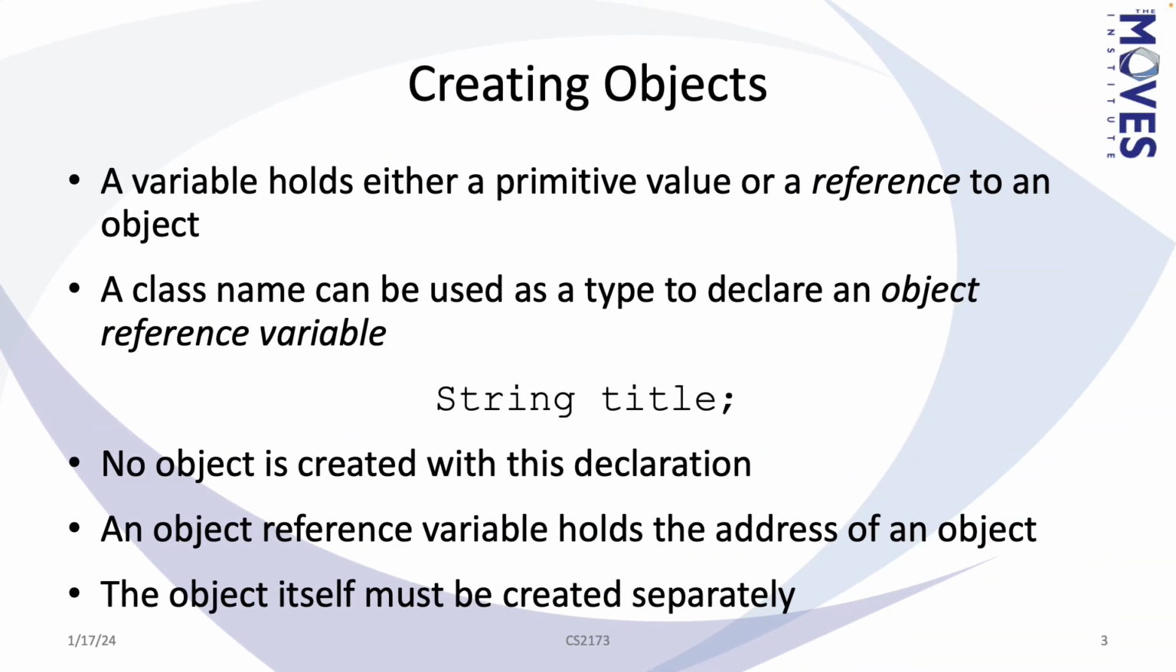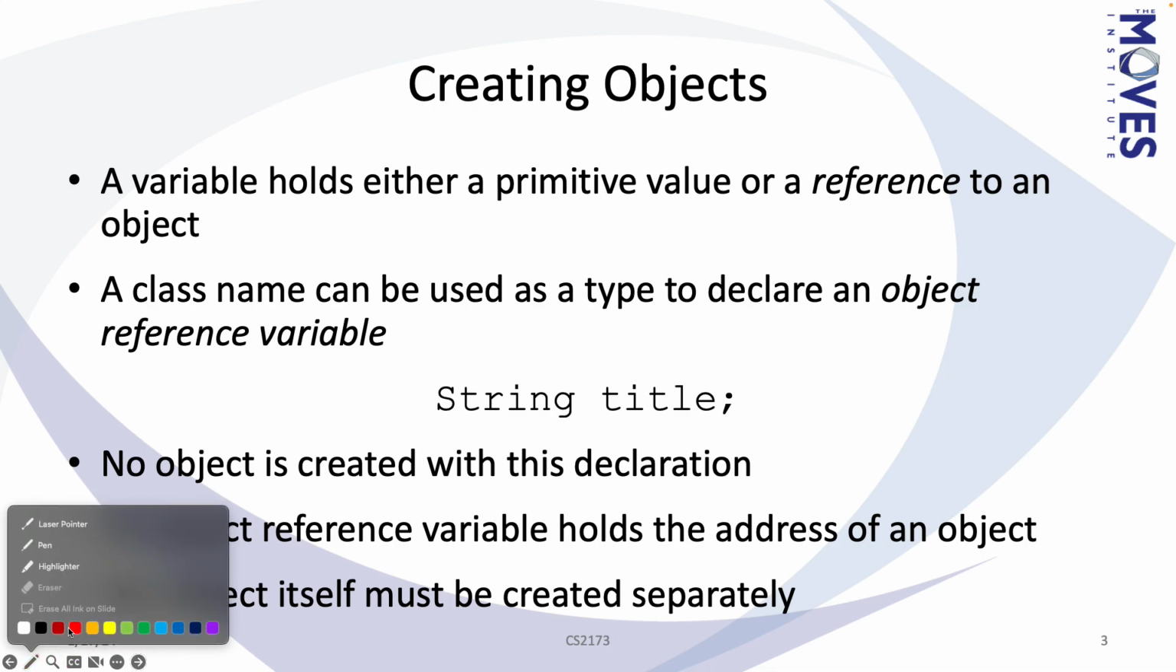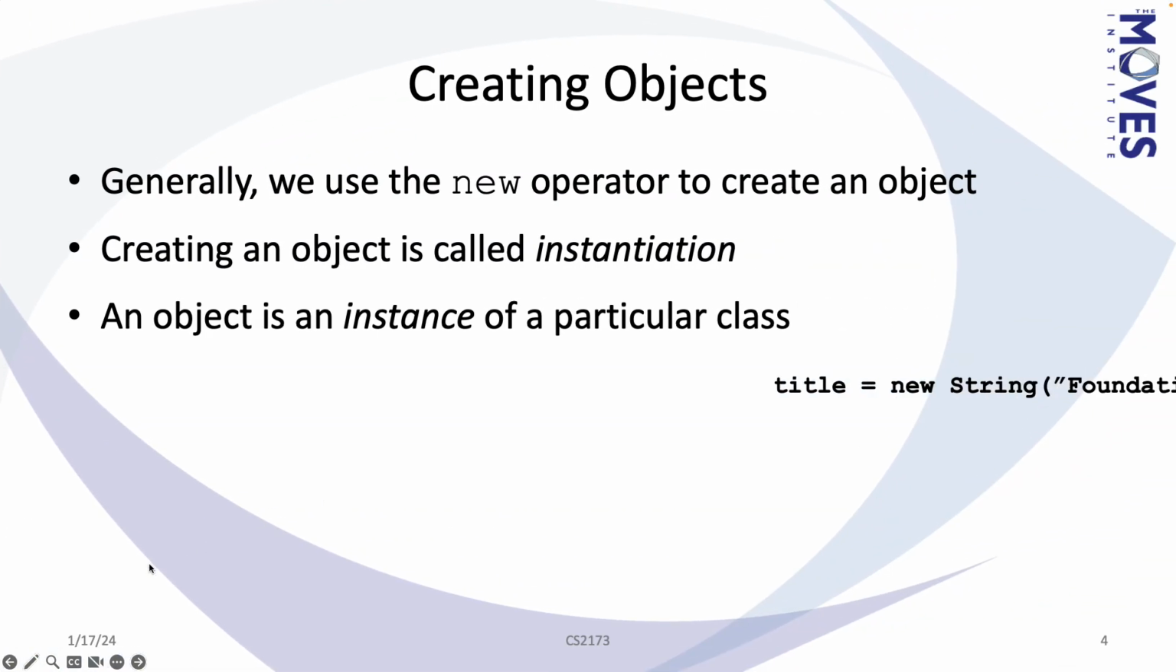Okay, so creating objects. A variable holds either a primitive value or a reference to an object. And notice that I've italicized reference because